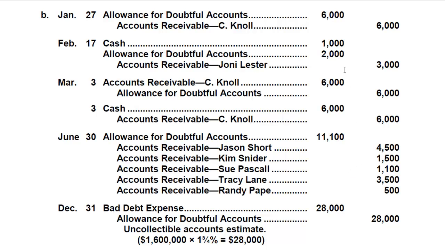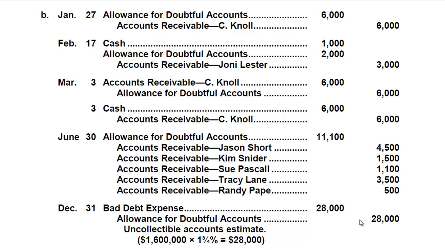So throughout the year we're emptying, we're taking more and more dollars out of the allowance for doubtful accounts bucket, and at the end of the year, when we estimate the amount of bad debt expense for the current year, we are essentially filling the bucket back up for the upcoming year. So here we had 1.6 million, and 1 3/4% of that we deemed to be uncollectible. So 0.00175 times 1.6 million is going to give us $28,000. So we have a bad debt expense of $28,000, and our credit goes to allowance for doubtful accounts, and this